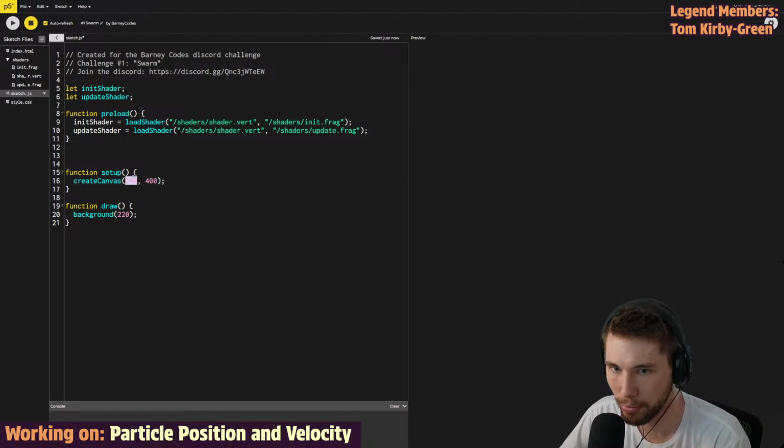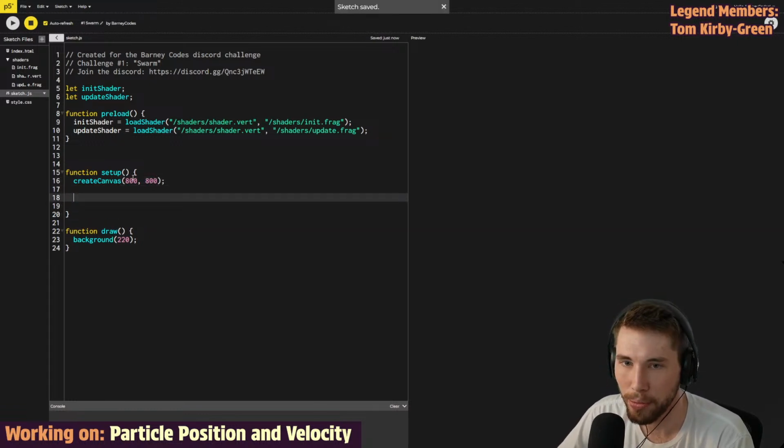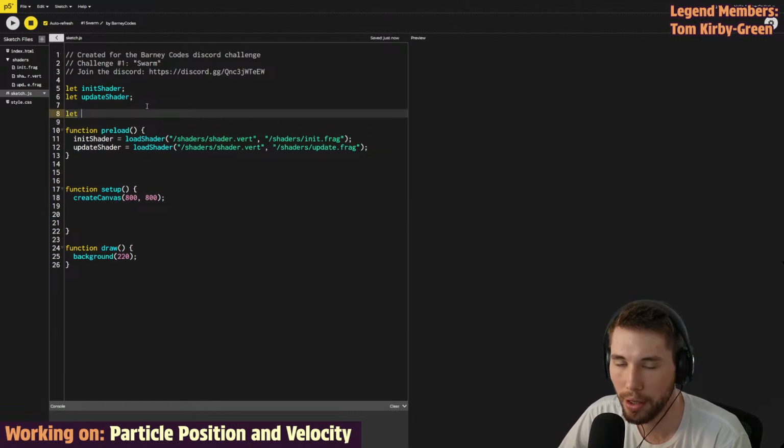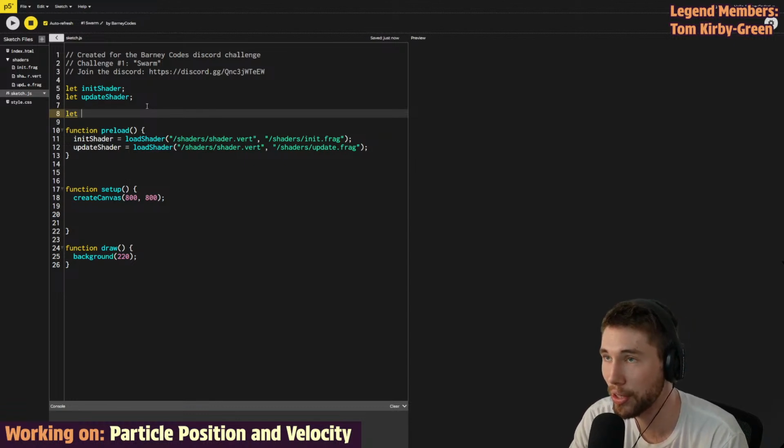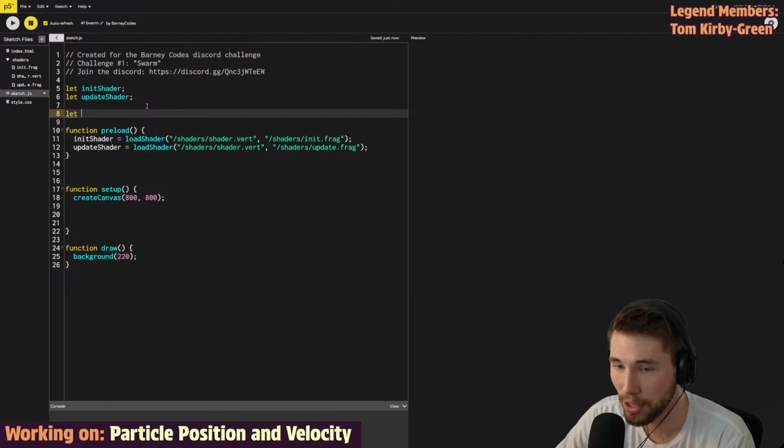I don't know how big to make it. I'll make it 800 by 800. And for the moment, we'll create our data image to be the same size as the screen. So we'll be able to have however many pixels there are on the screen, we'll have a quarter of that many particles. So we'll call this